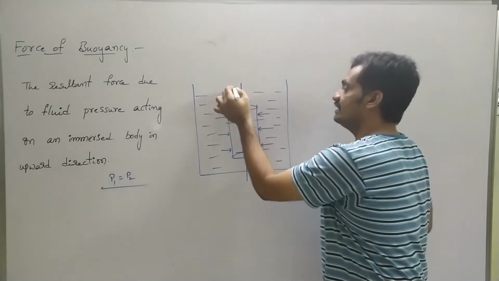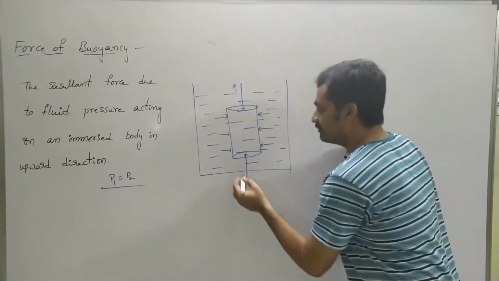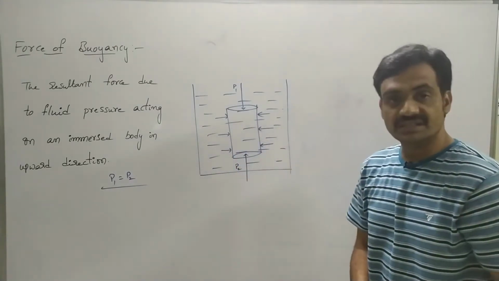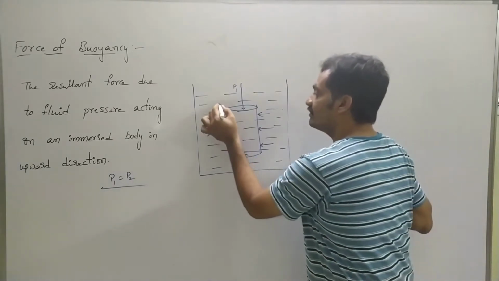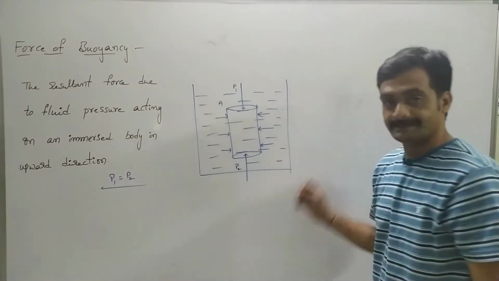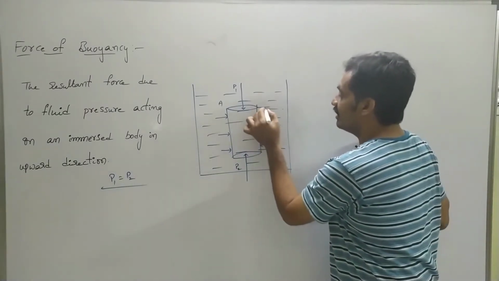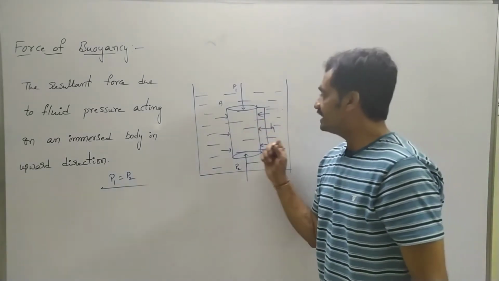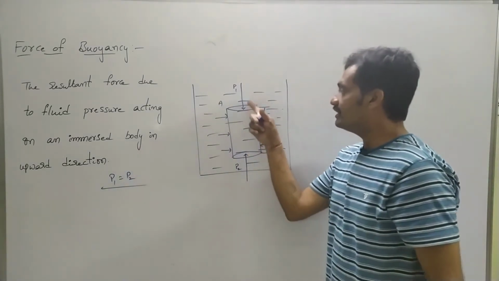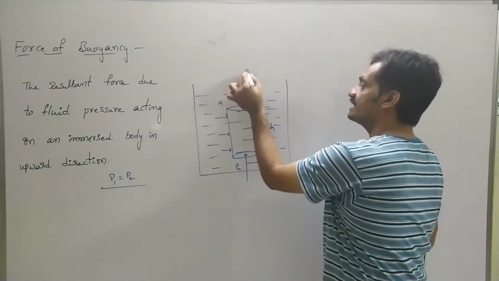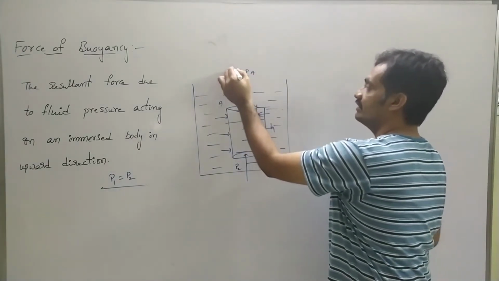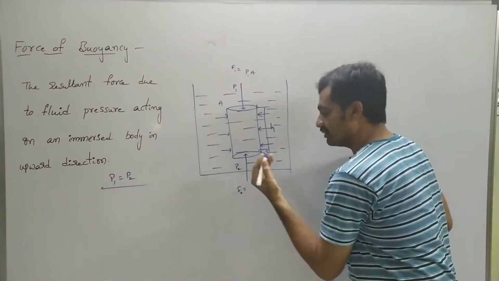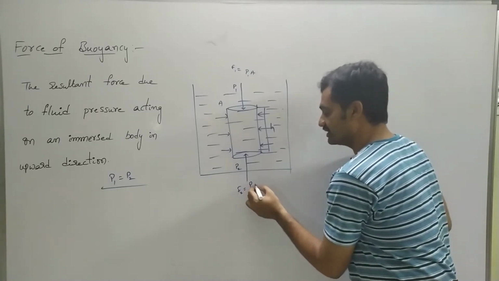Pressure on the surface of the body is represented as P1, and pressure acting below the surface of the body from the beneath is represented as P2, where we know that the area of this imaginary body is A, and the height of this body is represented as H. Now observe that the force acting on this face is represented as F1 equals P1 into A, whereas in this case the force acting from the bottom is represented as F2 equals P suffix 2 into A.